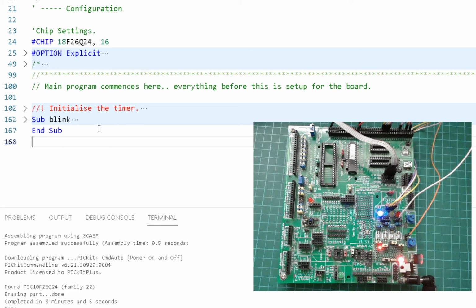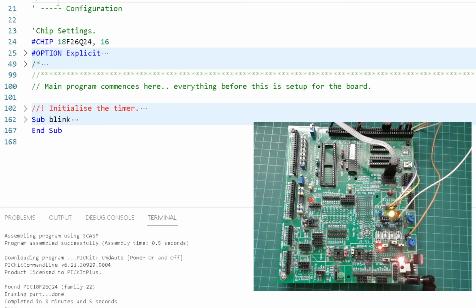Now this is the entirety of the code. I have minimized it quite clearly, as you can see on the screen. I've selected the chip. Now I've selected 16 megahertz. It's critical that you know what you're doing here. If you select 64, you need to have all your timing parameters that go with that, because you need to calculate these things. Now, in here in the configuration,